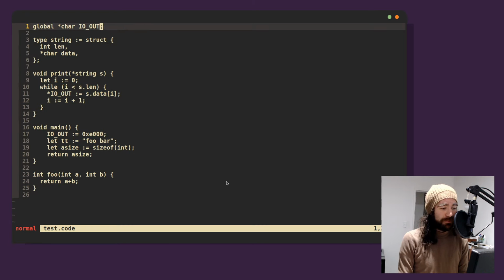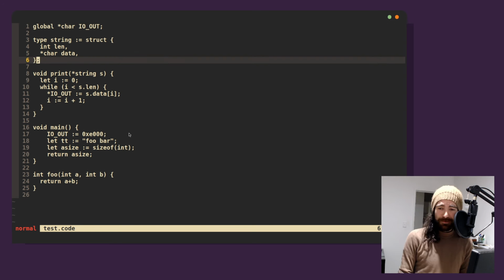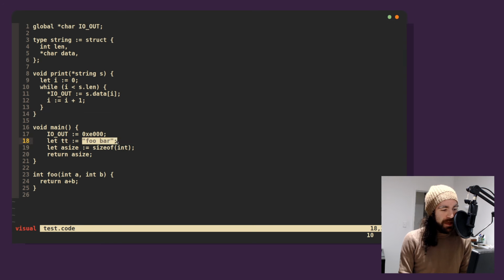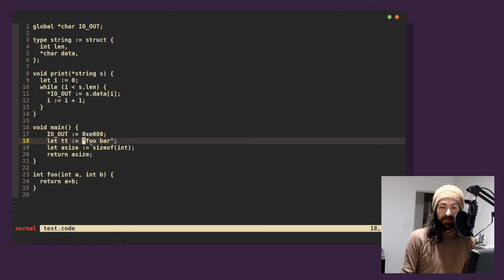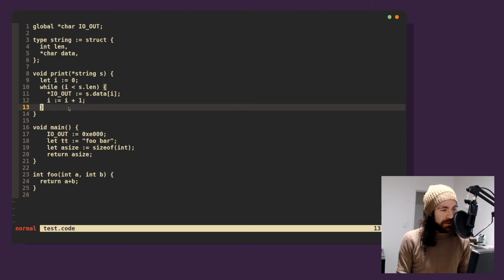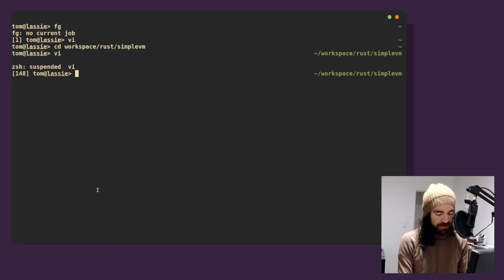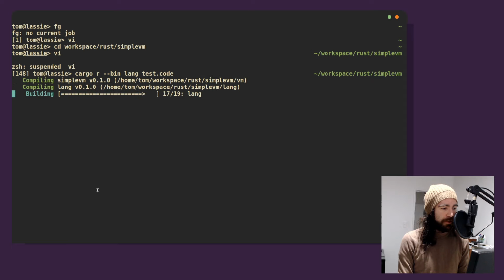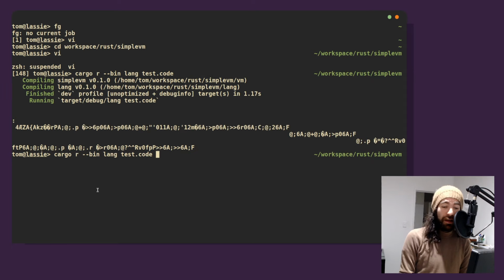Let's jump over and write some code. This is my test program, my string test program. We have a string. It is going to get compiled and placed at some point in memory where we can reference it. Now, there's a couple of problems with how we currently do it, but I'm not 100% sure what they are, so I think it might be interesting to just run this program and see what happens. If I cargo run my compiler on this file, what happens? It actually compiles, and that's interesting.